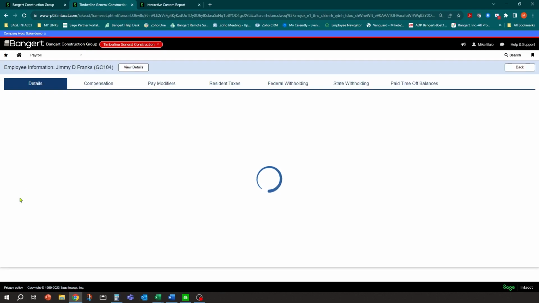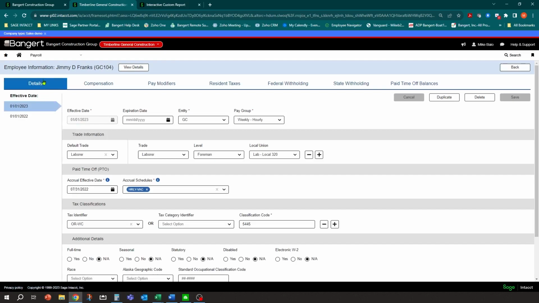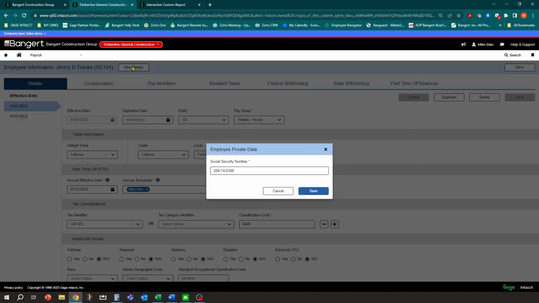So just to check and make sure those are in the system, when you pull up the individual employee, it's going to be under this view details button here. If I click on that, it's going to pop up the social security information. So you want to double check those, especially if it's your first payroll year end, make sure those have been brought in correctly. We didn't leave anybody out. Just again, double check that information.